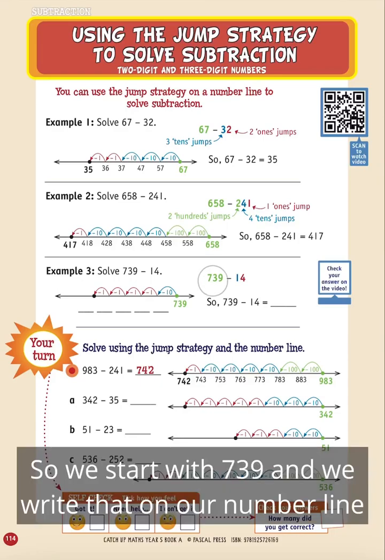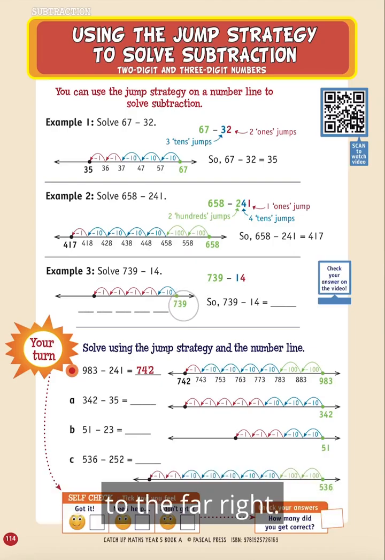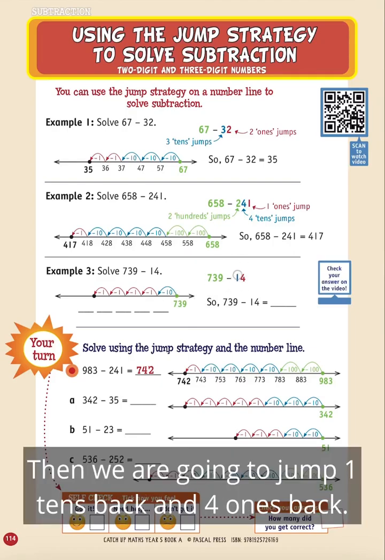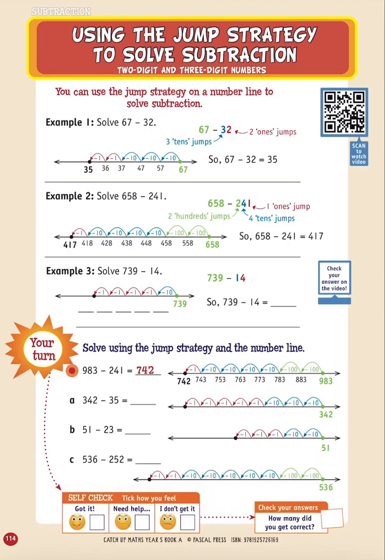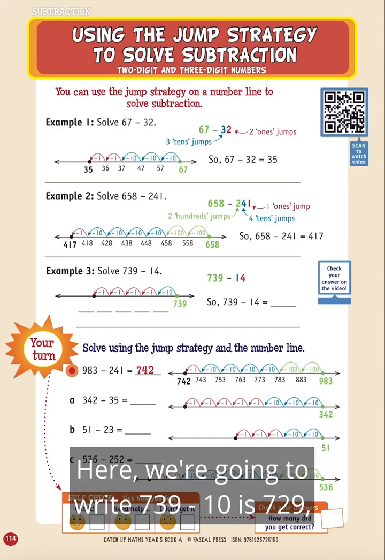So we start with 739 and we write that on our number line to the far right. Then we are going to jump 1 tens back and 4 ones back. And that's been written there for you. So let's work that out now. Here we're going to write